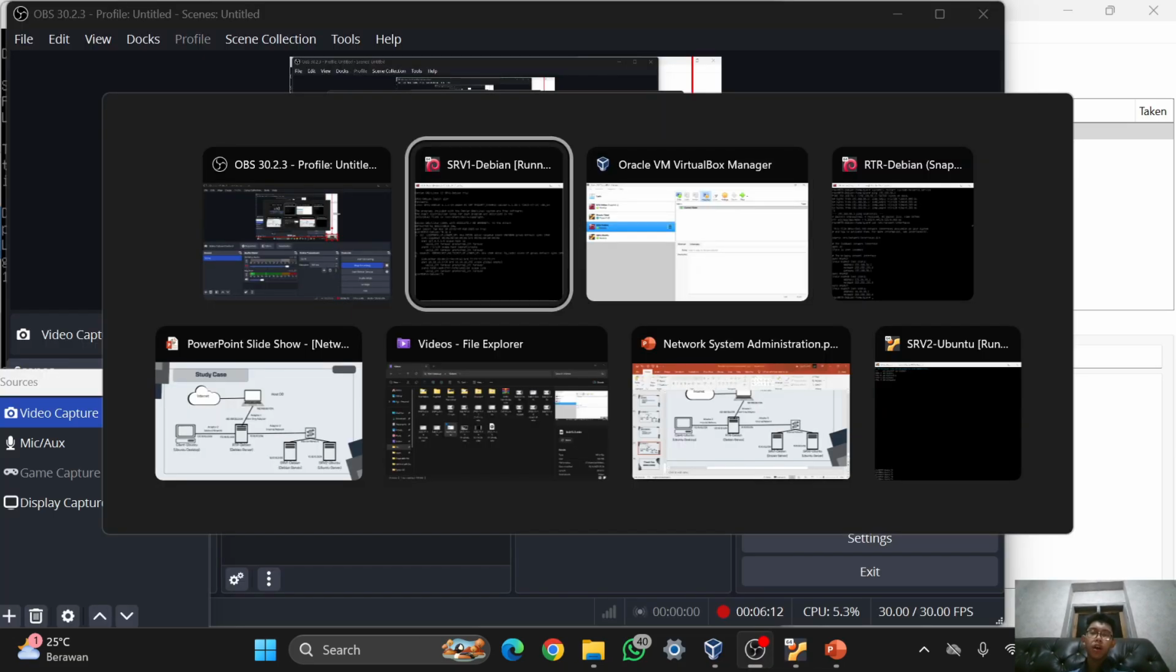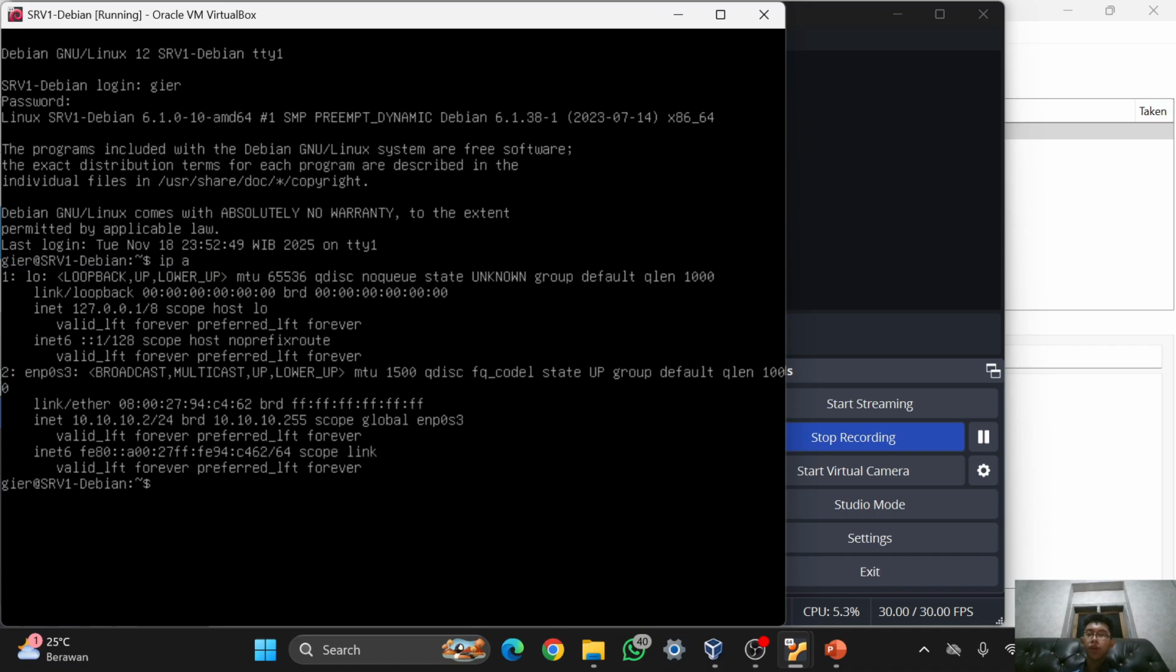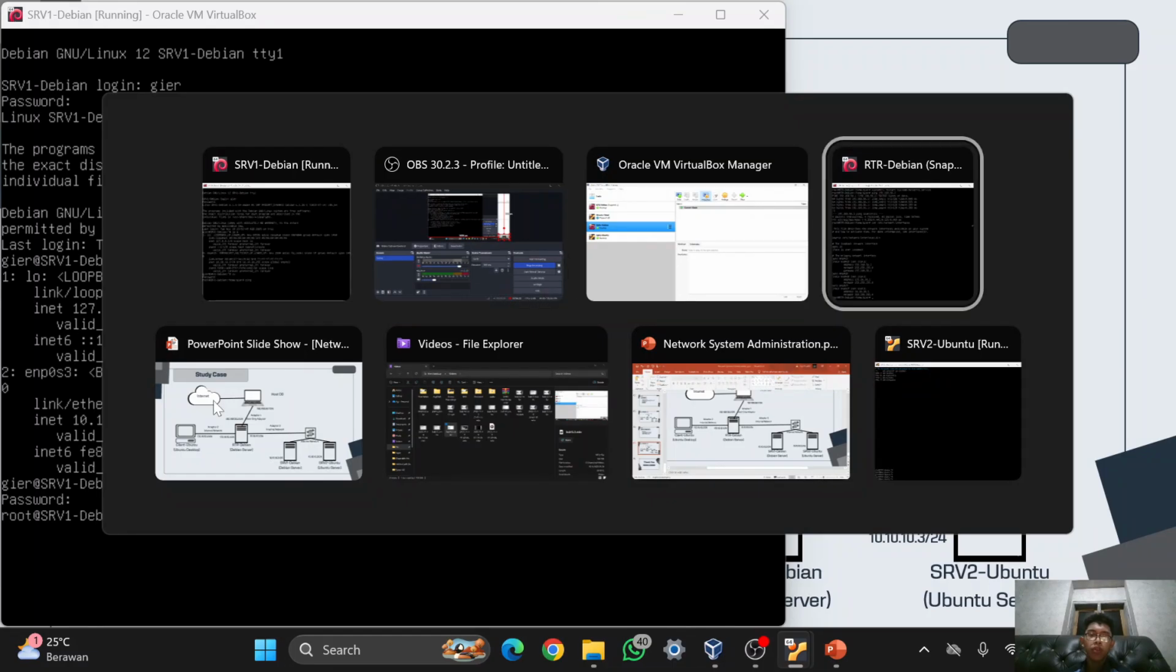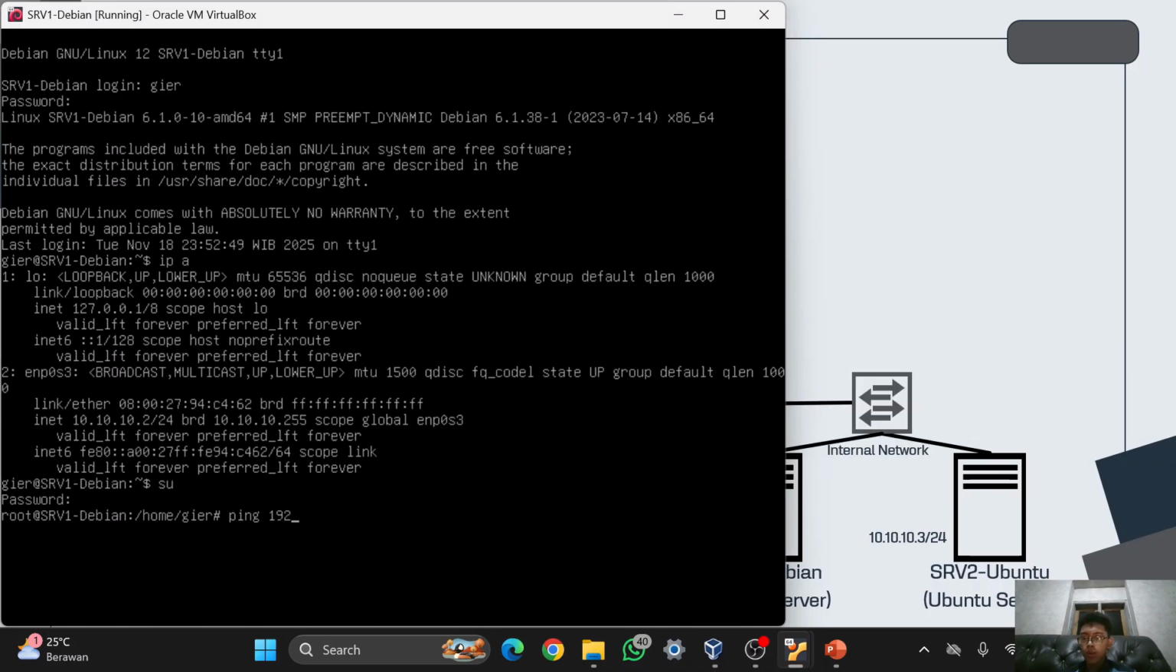And after I reboot my server 1 Debian, the IP has now been changed. As you can see in here, enp0s3, the IP is 10.10.10.2. I will check to ping to the router Debian, which is using this IP. Sorry guys, it's